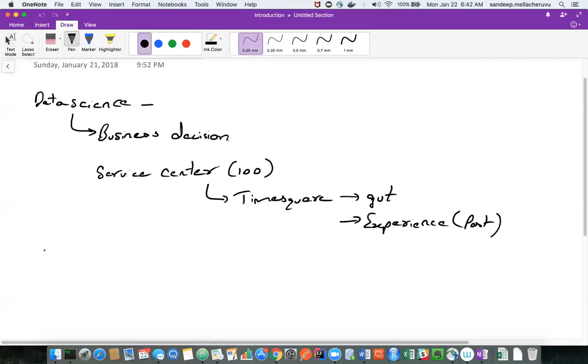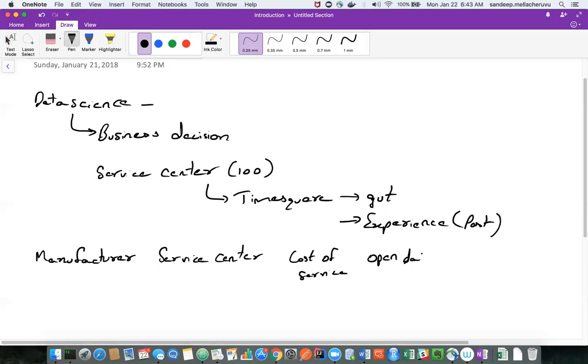So the data will be like this: manufacturer, service center, the cost of service, and open date, when this service center got opened.